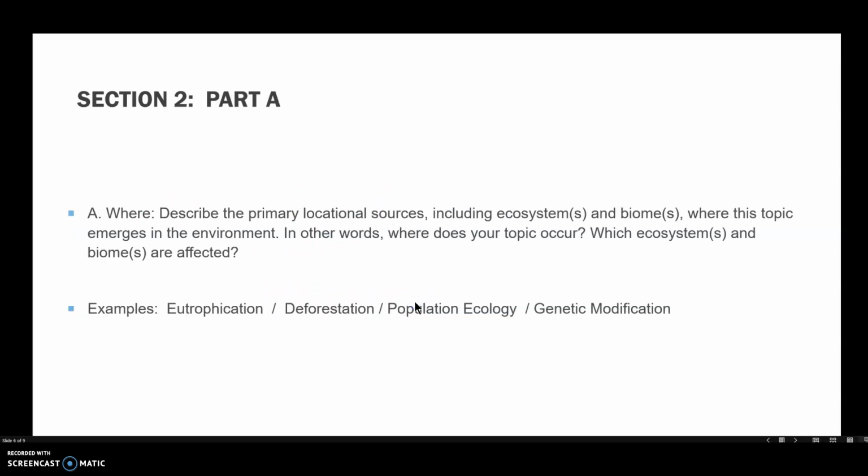Now the next section that you go to is asking you to describe the ecosystems and biomes where this topic emerges. If you aren't familiar with an ecosystem or a biome, there are materials in the class announcements where I show you examples of those. A desert would be an ecosystem, or a rainforest. A biome is a little bit bigger, but you just want to go ahead and discuss your topic and where it occurs. So if I stick with my genetic modification topic,